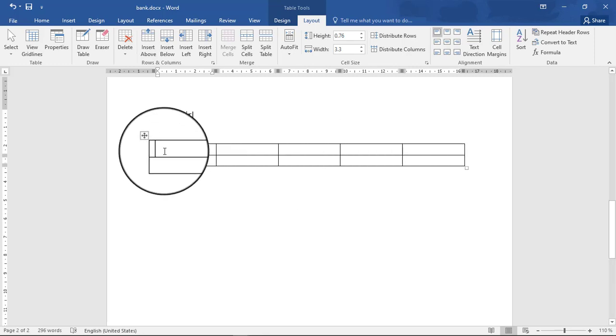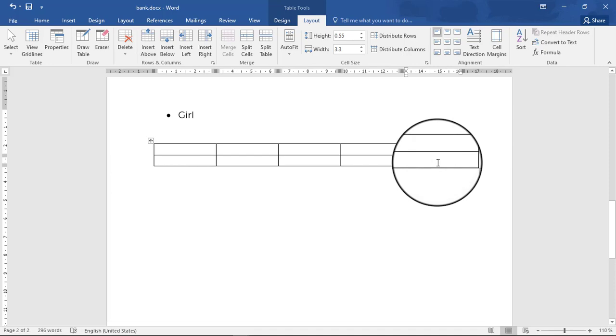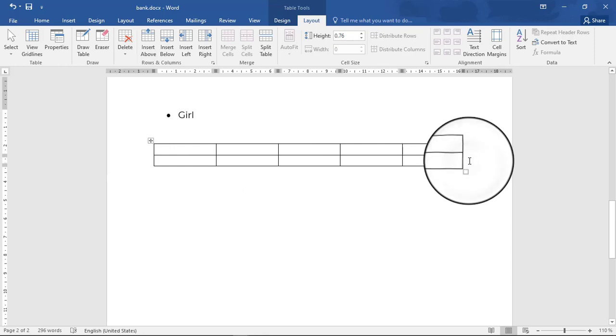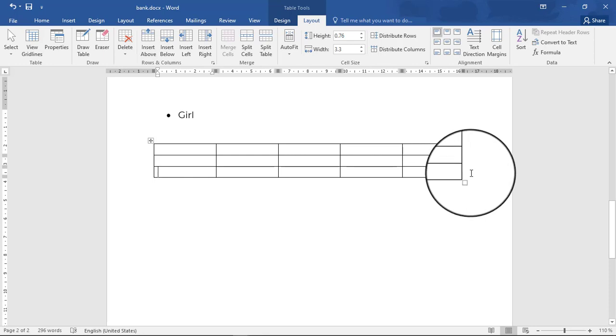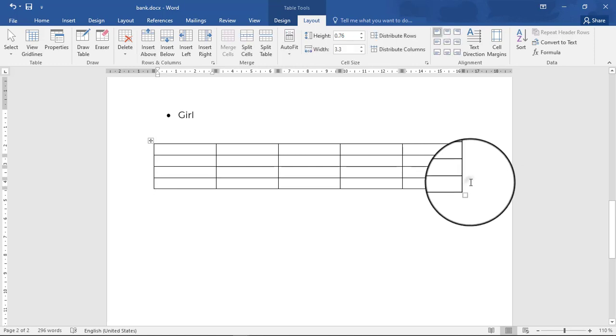Whenever you want maybe another row or column. If I want to insert another row, I just have to come here, outside here. Are you seeing? You press there and you press enter on your keyboard. It will create another row. Even if I want another one, I just press here after the table, down here in the corner. Then you press enter. You press there, you press enter.